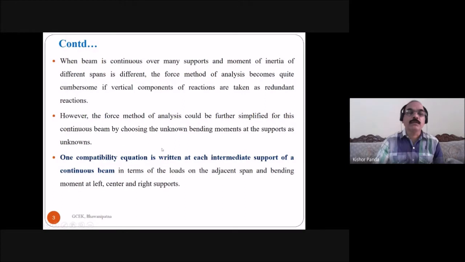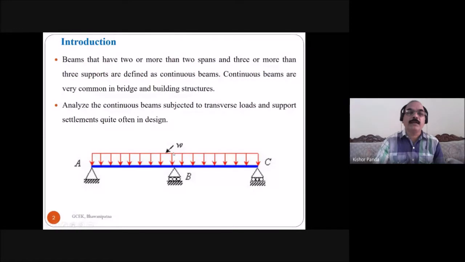So in this analysis of continuous beam, you have to choose the unknown moment as a redundant force. Unknown moments, because here there is moment and here also there is moment. In the case of a simply supported end, the moment is zero. But in the case of a fixed end, there are end moments, and at any intermediate support there is also moment. Here there is moment, but in this case, here the moment is zero, and here the moment is zero.